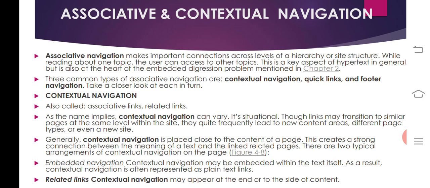So are you able to follow? Are you able to understand? It is very essential and also theoretical. It is related to navigation only, different types of navigation and categories, and the meaning of text and